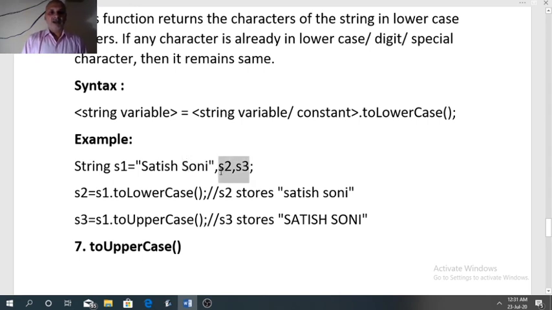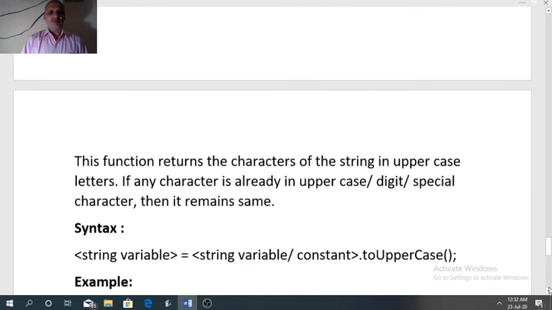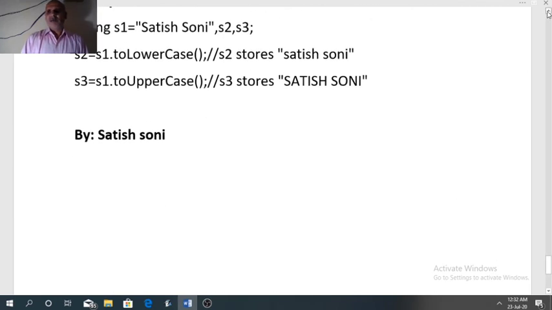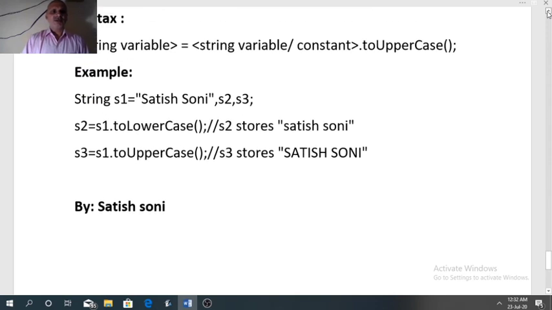S2 and S3 are declared string type to store the result. Now S2 equal to S1 dot toLowerCase and S3 equal to S1 dot toUpperCase. So S2 will store the same name, but all characters will be in lowercase, and in S3 we will have all characters in uppercase. The same example is used here also for toUpperCase.